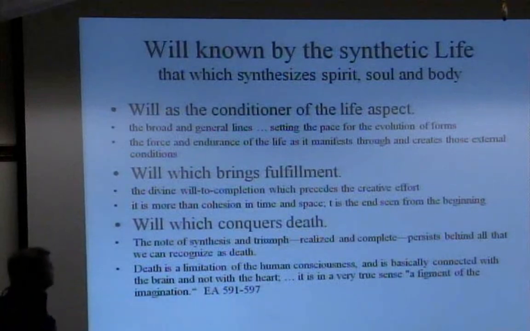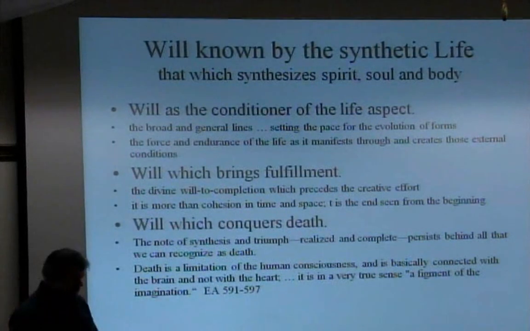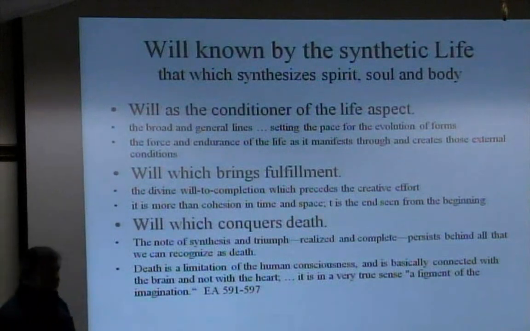So the first is just the conditioning of the life aspect, setting the pace for the evolution of forms, not form itself, and the force and endurance of life. Then the will which brings fulfillment, which is very much related to Jupiter. The will which conquers death, which is illusion, and it's on the mental plane. It's basically related to the brain and not to the heart. And in a very true sense, it's a figment of the imagination. I took the quotes out just directly to make it nice and clear, because Bailey's language is sort of